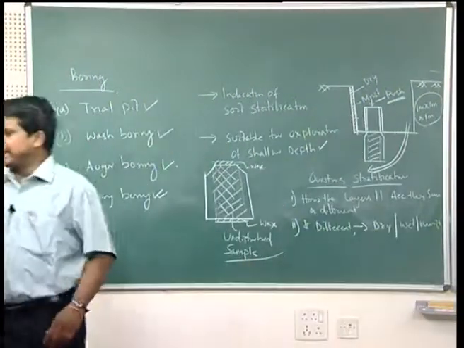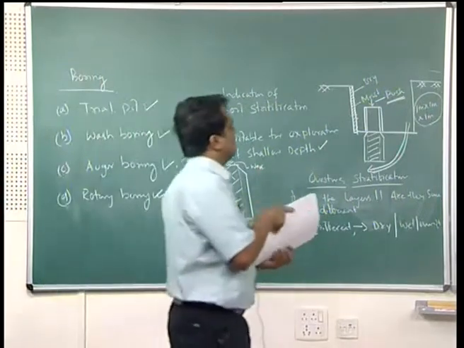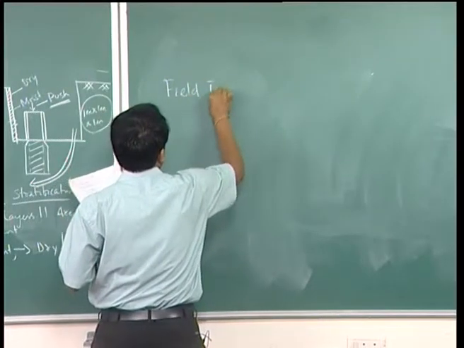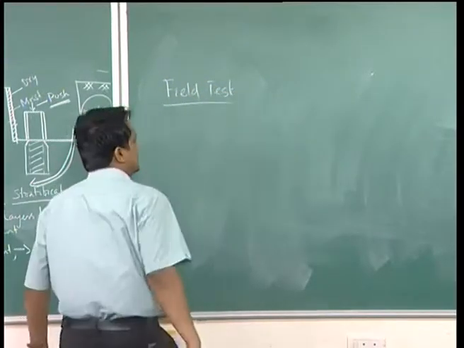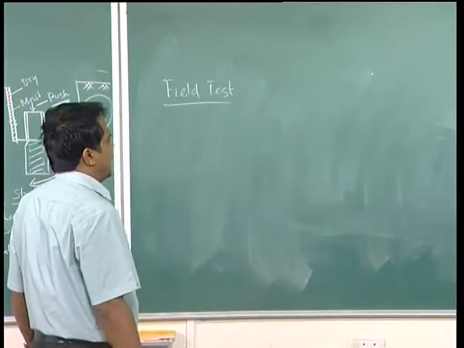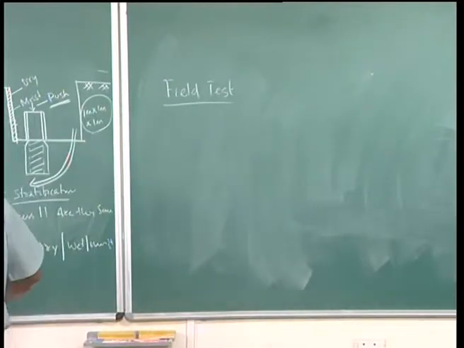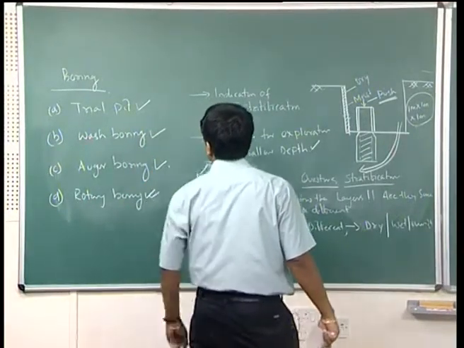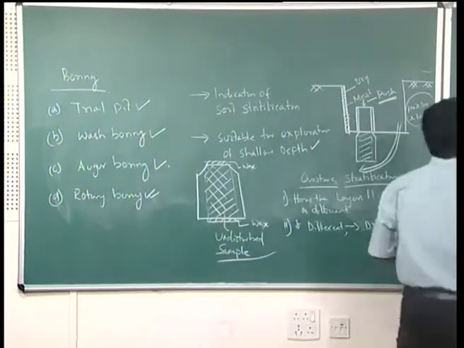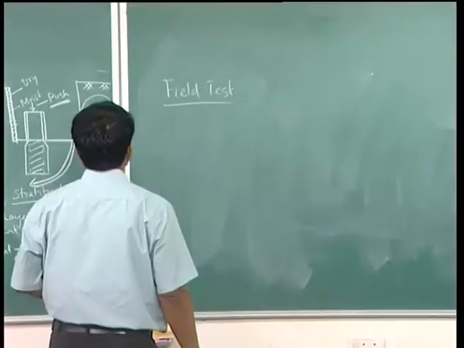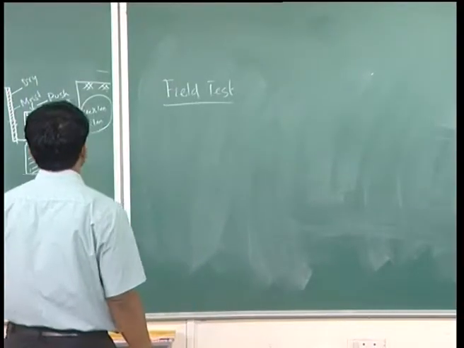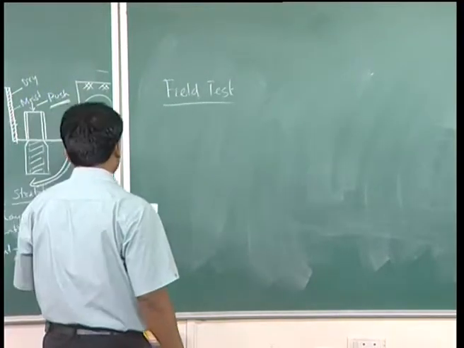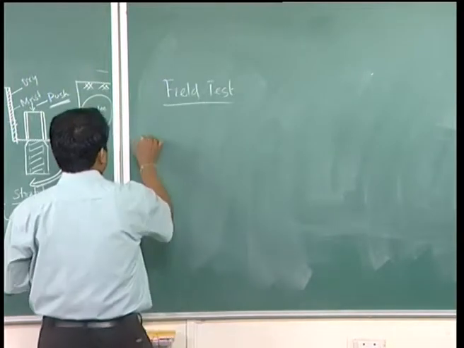Now, what are the field tests remaining, what are the field tests supposed to be carried out? First part is your planning, that means depth and number of boreholes. Second part is your boring, the different boring methodologies: trial pit, wash boring, auger boring and rotary boring. Now once the boring is over, that means the soil sample has been collected, undisturbed soil sample for laboratory test. Then what are the field tests required and for what purpose. First one is your